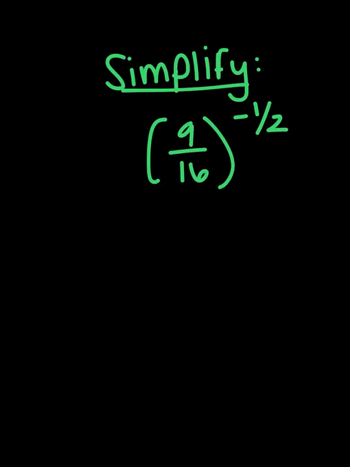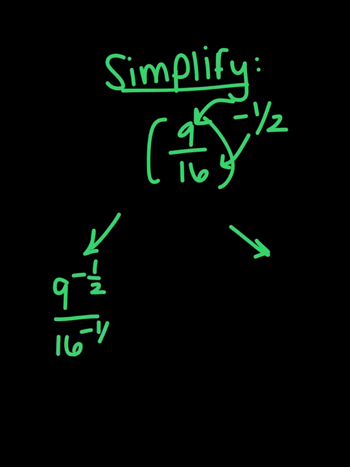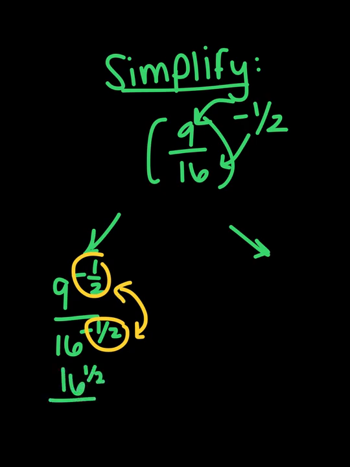For this one, there's two different ways that I could think about this. So I'm going to do it both ways, and you can pick the one that you prefer. I could start off by being Oprah, giving the power to both parts of the fraction, giving me 9 to the negative 1/2 over 16 to the negative 1/2, which gives me two sad exponents, meaning that I need to switch them to make both of them happy. So that gives me 16 to the 1/2 over 9 to the 1/2, which really means to take the square root of both, giving me 4